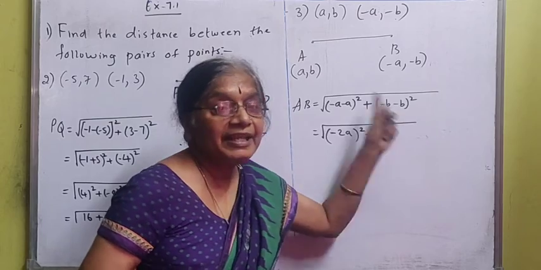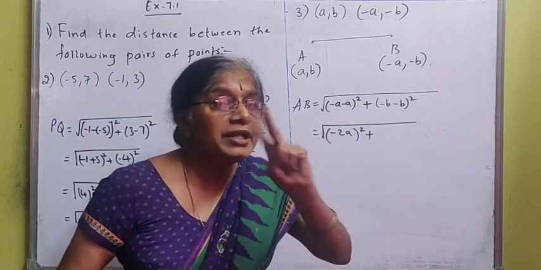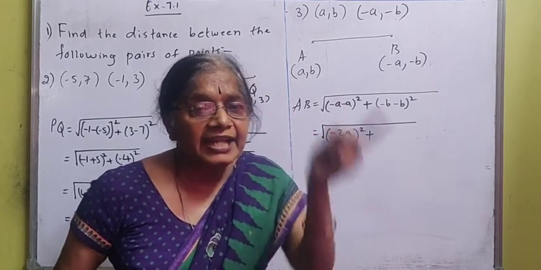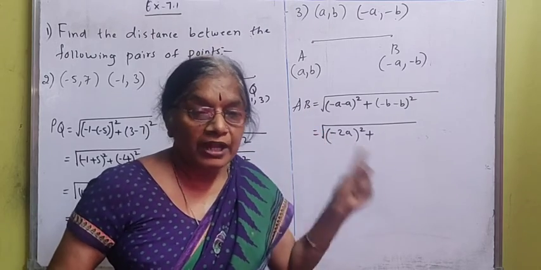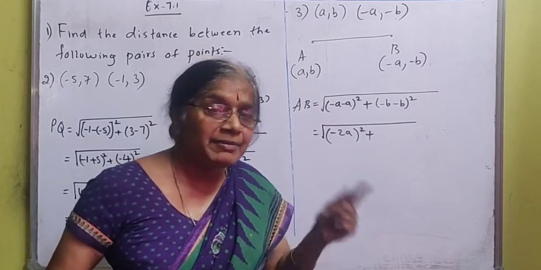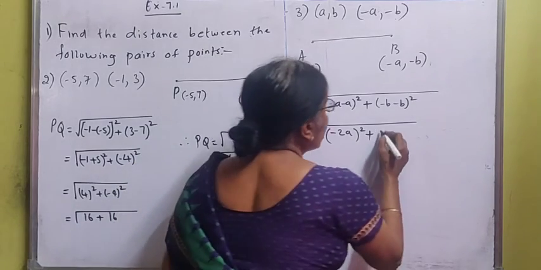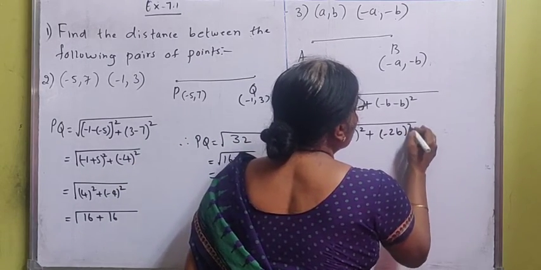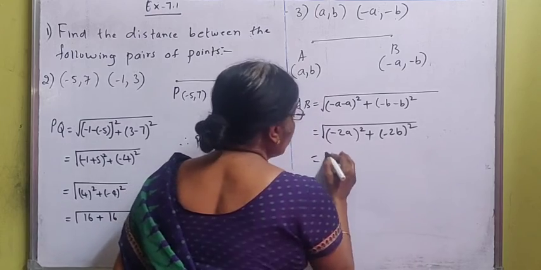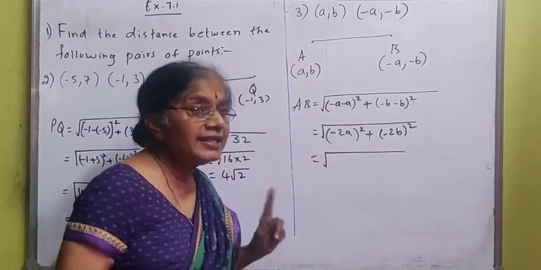minus b, again the same thing. Two negative integers, add and keep the negative sign. 1b and 1b, nothing is there means it is understood as 1. 1b plus 1b is how much? 2b. So we got it as minus 2b the whole square is equal to square root of minus 2a the